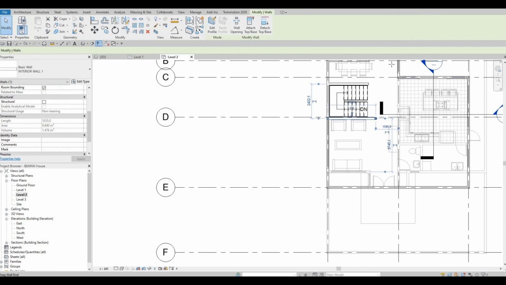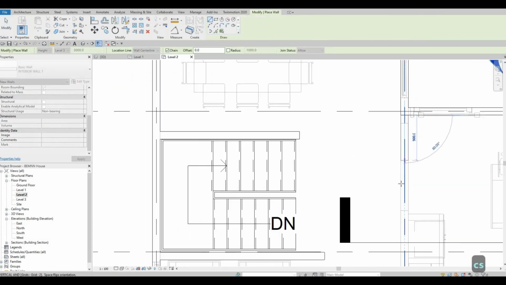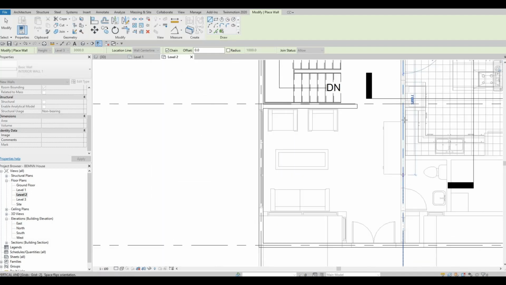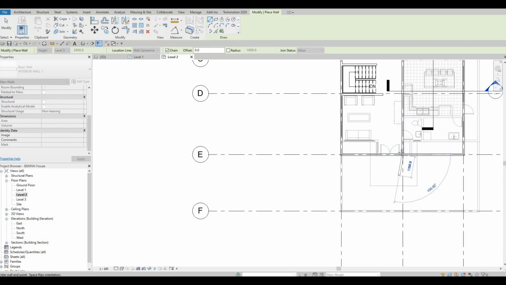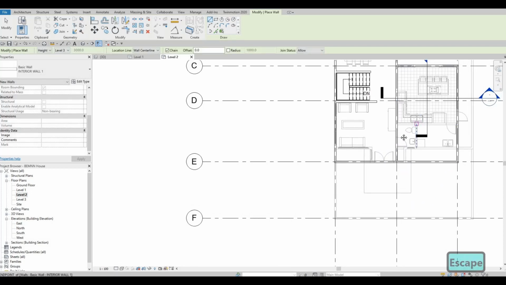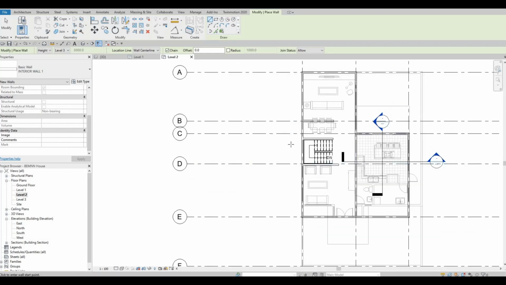So CS, we're going to connect it from this wall, from the exterior wall to the other exterior wall on this side. So that's added right there. And then in terms of the separation,